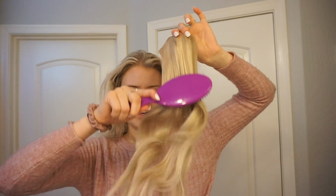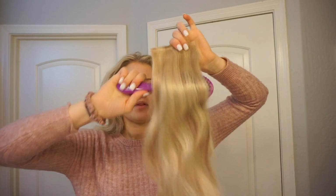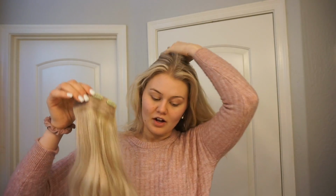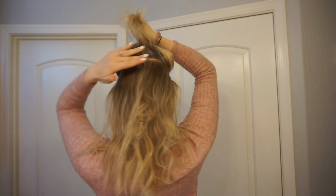So I do that, and I like to run my fingers through my hair to make sure it's all textured and nice. And then my secret weapon is actually this, which is called the Barefoot Blonde Up. It is a very thick extension, and it has 3 clips. This is what's gonna give me the volume on top of my head to make a messy bun. So the first thing that I do is I part my hair like this, and I give it a nice part, and then I take my Up,